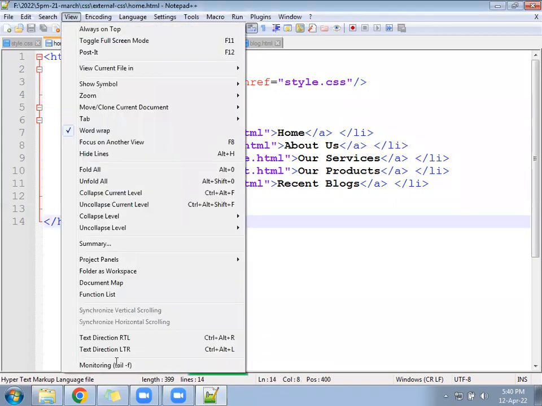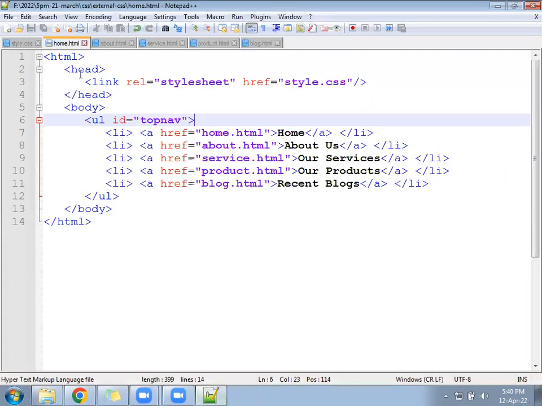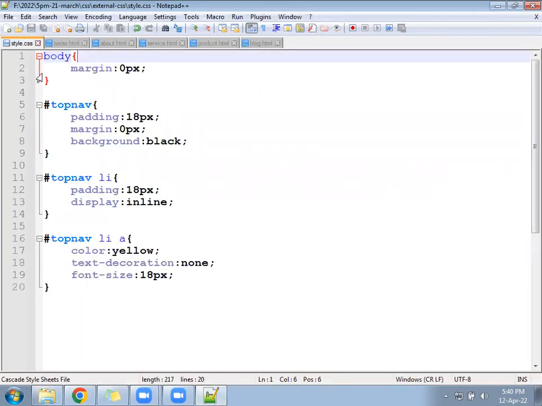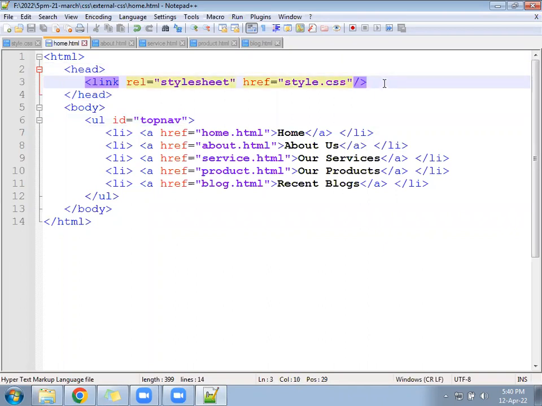Okay. Next, see, the question is: where is the HTML? HTML is a separate file. Where is the CSS? CSS is a separate file. If you write them together, suppose you open the style tag and close the style tag and write the CSS there, that is called internal.